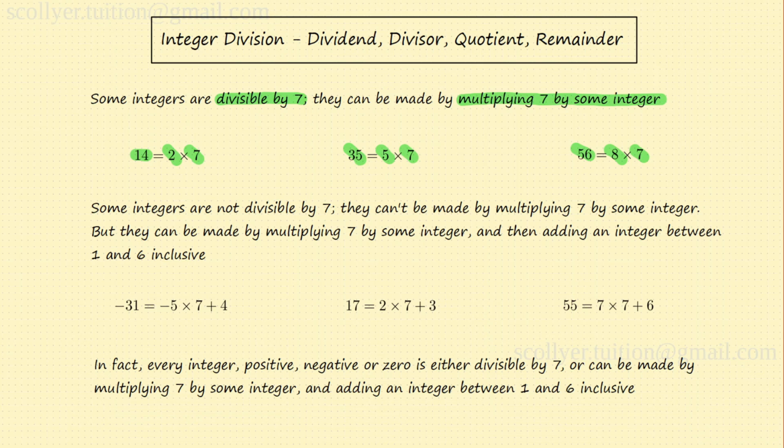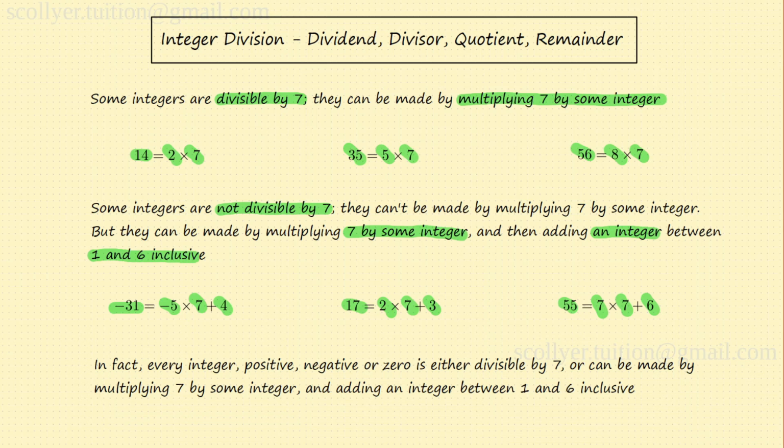However, some integers can't be made by multiplying 7 by some integer. So, for example, 17 can be made by multiplying 7 by 2 and then adding 3. Or minus 31 can be made by multiplying 7 by minus 5 and adding 4. 55 can be made by multiplying 7 by 7 and adding 6. In these cases, we say that the integers are not divisible by 7. To make them, we multiply 7 by some integer, and then we have to add an integer which is between